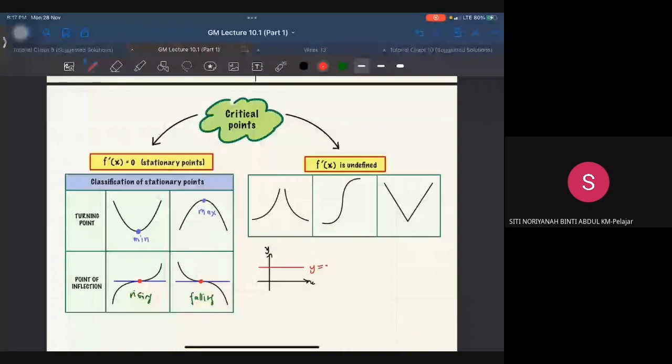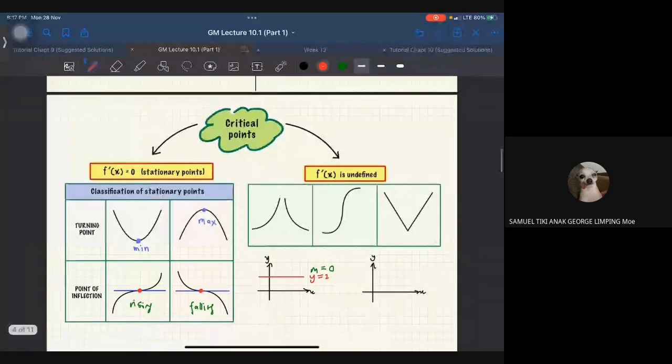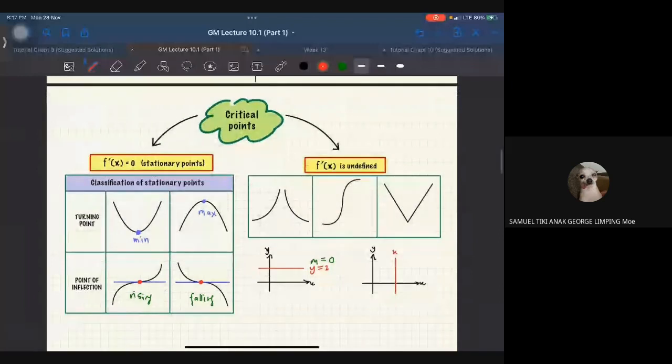Okay, so kalau untuk this one, kita punya gradient sama dengan apa? Zero ke? 0. Okay, exactly. So this one, our gradient is equal to 0. Okay, but what if saya ada this type of graph? Okay, so this is my x and y axis. Right, and then I have a graph that looks like this. So contohnya dekat sini adalah x equals to 1. Okay, so awak rasa kalau this one,